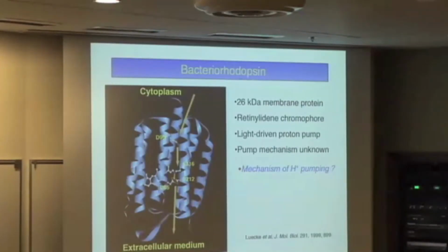But what we would like to do then, though, is understand the mechanism of proton pumping. And in order to do that, we're interested in looking at the Schiff base, which is right smack dab in the center of the molecule, the protein. Now, what I've been telling you all along for the last 40 minutes or so is that,